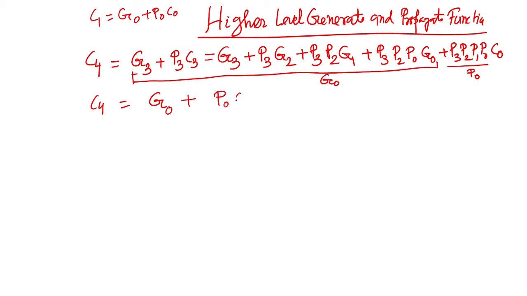P0 and C0, but we need to distinguish from C1 and C2 C4. What we do to distinguish, because this is a C4, this is not C1, otherwise it will be G0, this will also be G0. What we do? We will put a label. That is why we say this is the higher level part. So, we will write level 1, this is level 1, G0, but level is 1.